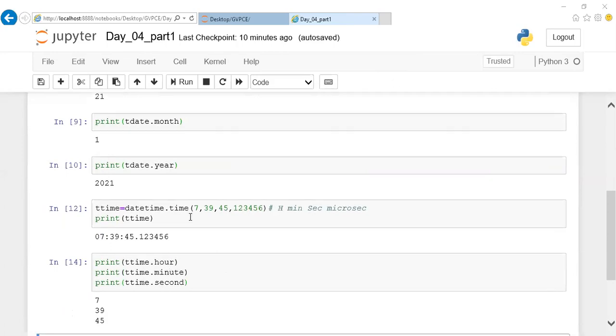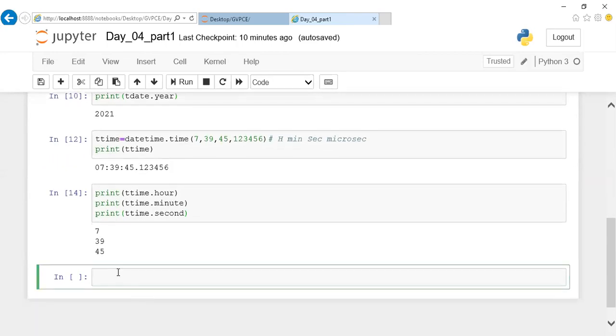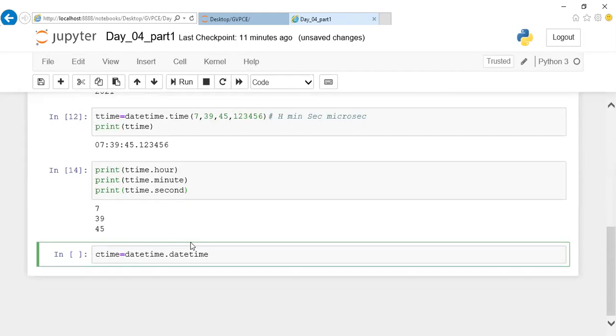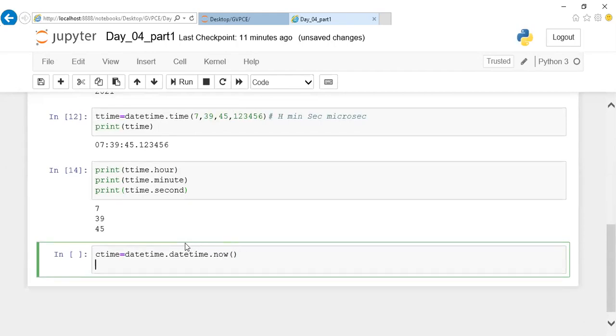Good. So you people might have a doubt: can we know the current time? Yes, it is possible to even display the current time, just by mentioning, just a minute. If we mention the time, you're supposed to give datetime dot datetime. Here you can notice that we are given today's date, right? So here, datetime dot now. So it will give you the current time.